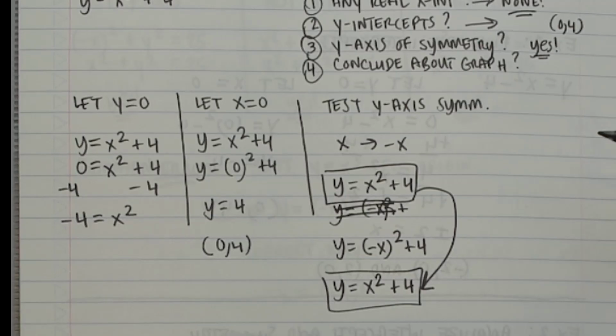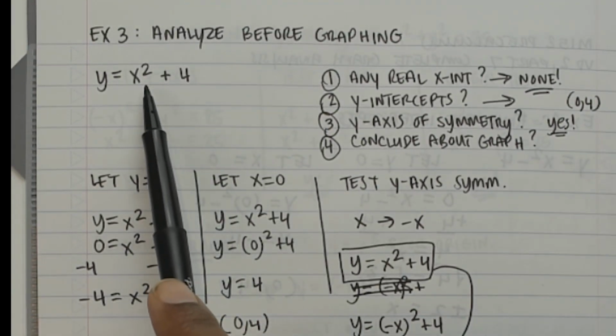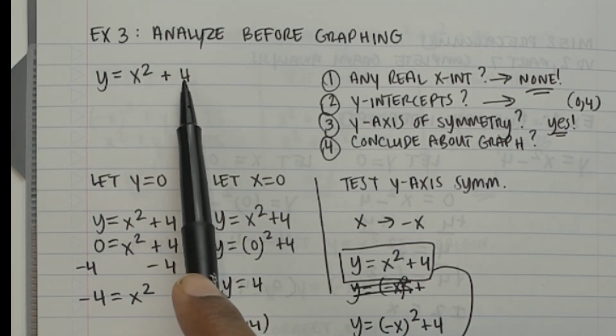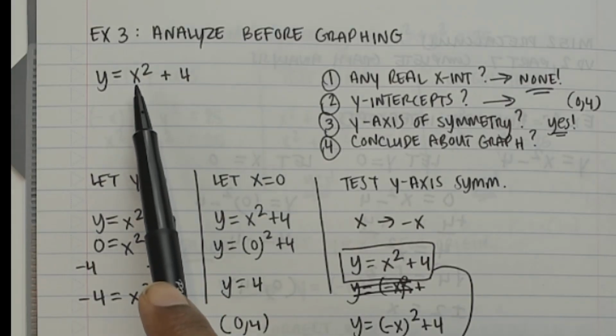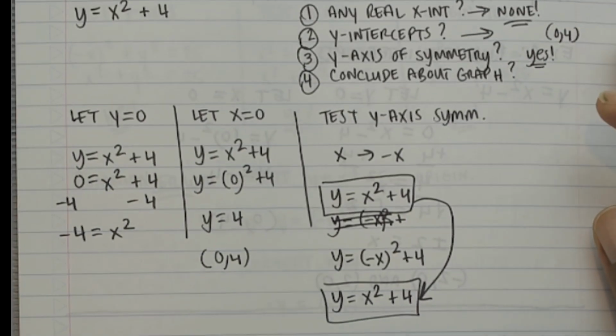Again, since x squared is always greater than or equal to 0, remember, because any squared number will either be 0 or greater than that. So since x squared is always greater than or equal to 0, x squared plus 4 is always at least 4. Okay, so again, if you put in any number in here, it's always going to be at least 4. So therefore, we write